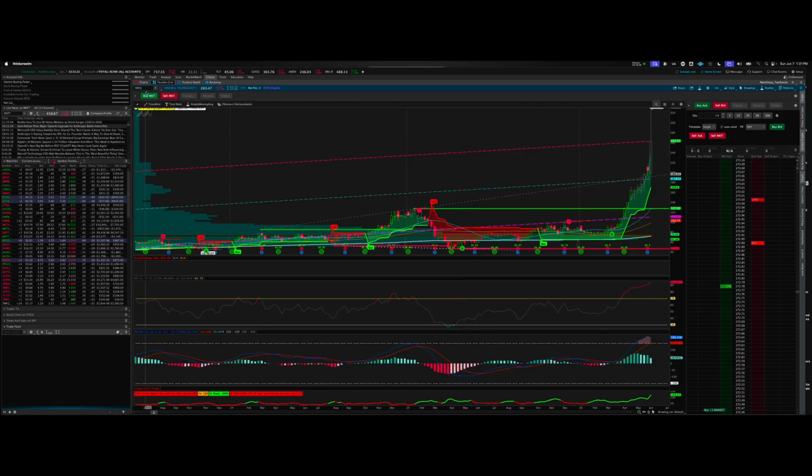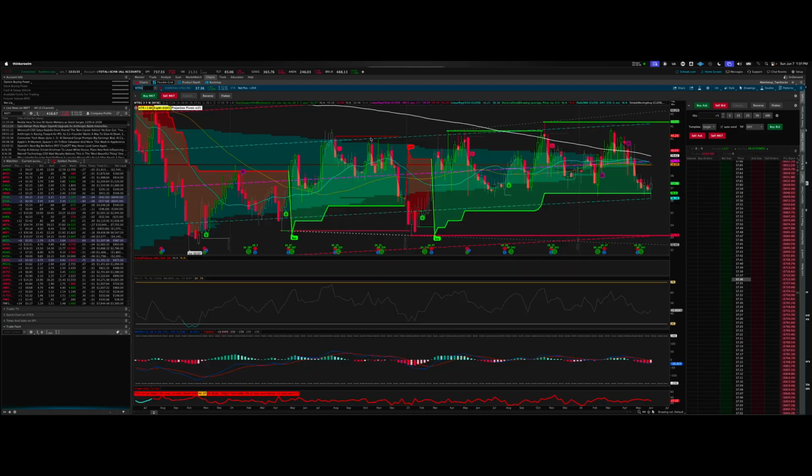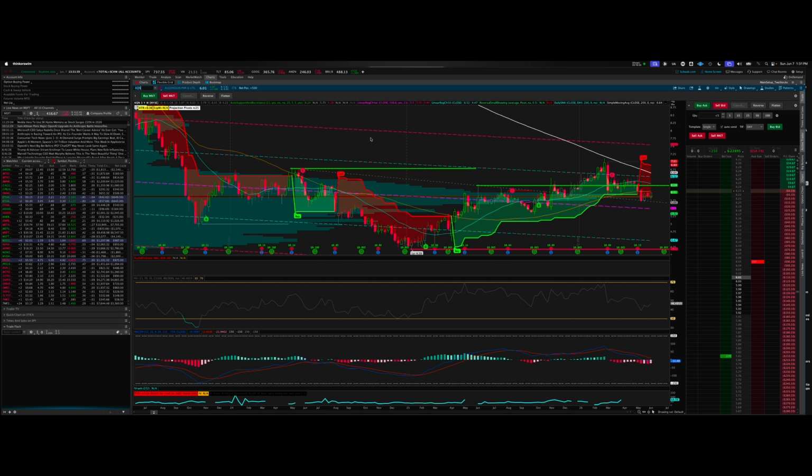And so my models are specifically pointing to some huge undervaluation in food and water infrastructure, specifically Conagra Brands. And we talked about this before in some other videos, and Essential Utilities, WTRG, and Algonquin Power and Utilities, AQN. And so this comes as a result of a confluence of factors. So the geopolitical, environmental, and core fundamentals that I was talking about. And in the case of plays like